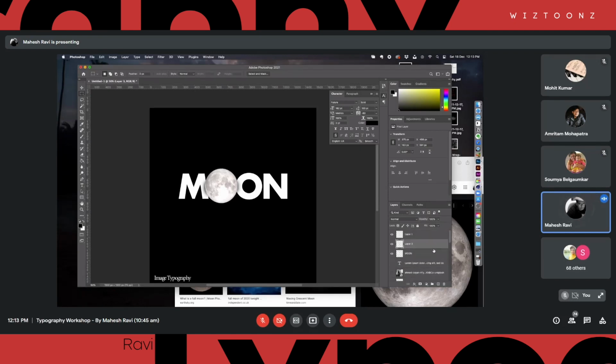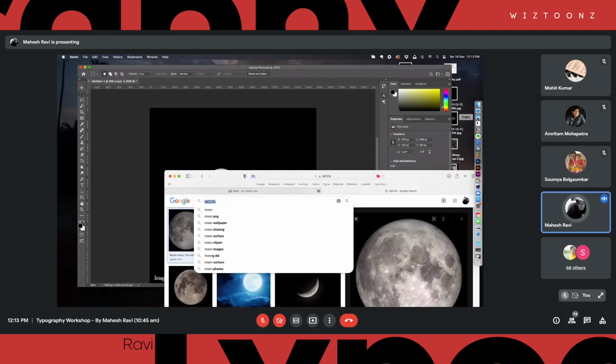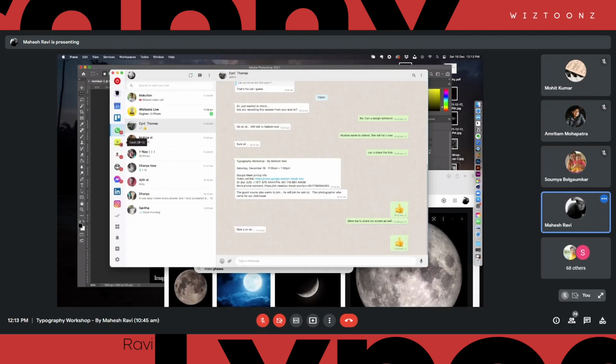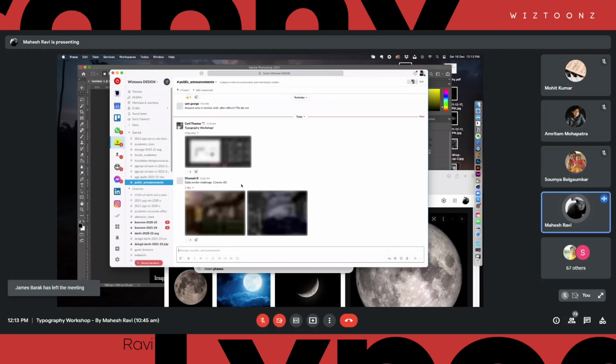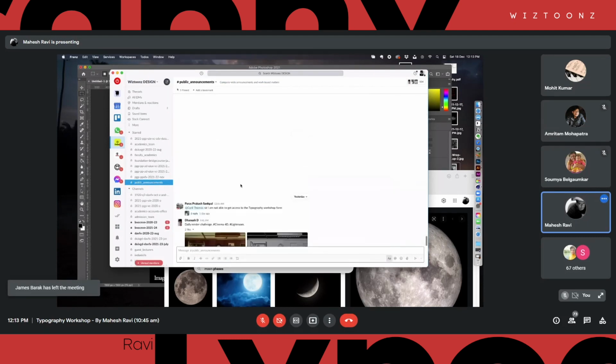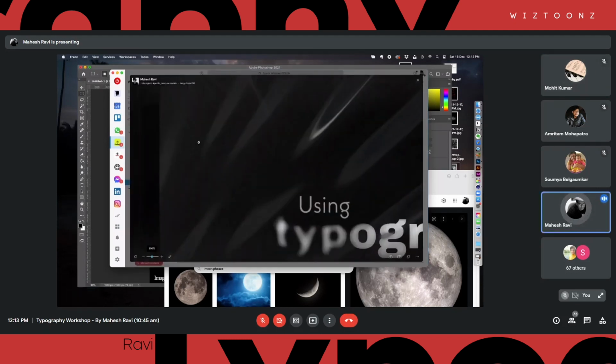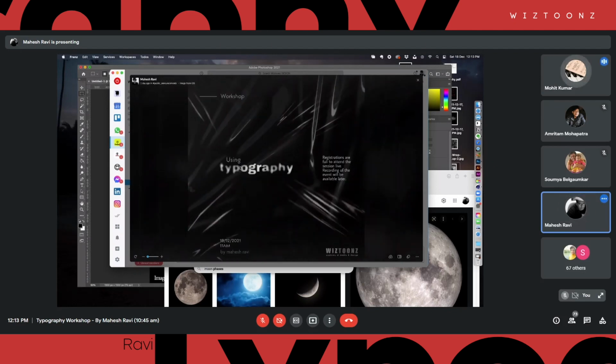So I'm going to take, this is an example that you might have already seen. I'll tell you where you have seen it. If you come to the public announcement, have you seen the poster where I said that the seats are already over? Yep. So did you notice the typography in here? Yeah. Right. So the distortion of that typography is driven by this image, right? I didn't manually do it. I did some adjustment there, but it's basically driven by this image, this plastic wrapper image here. That is also one interesting way that you can create that distortion.